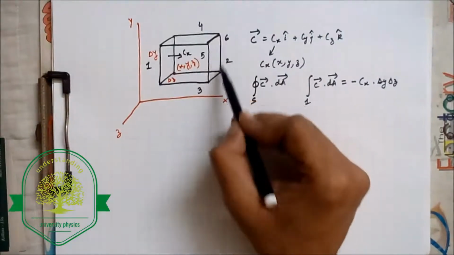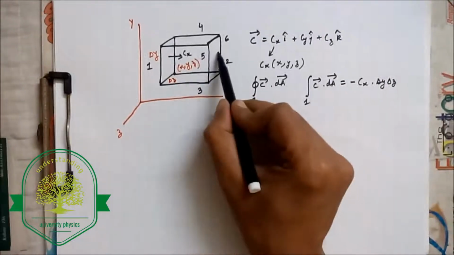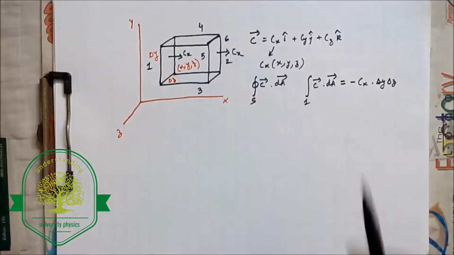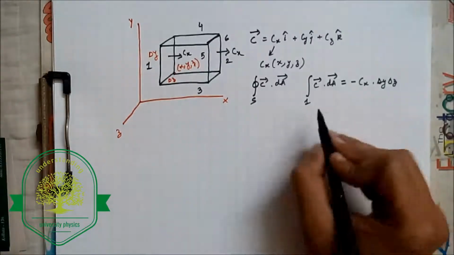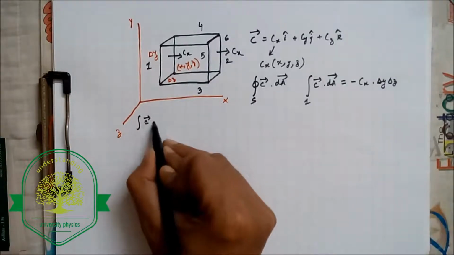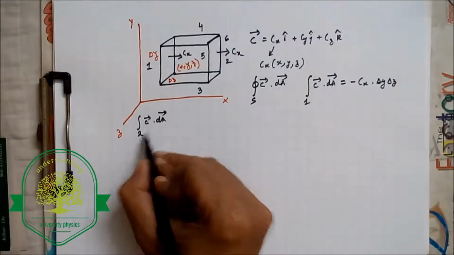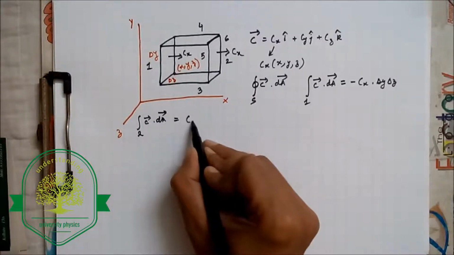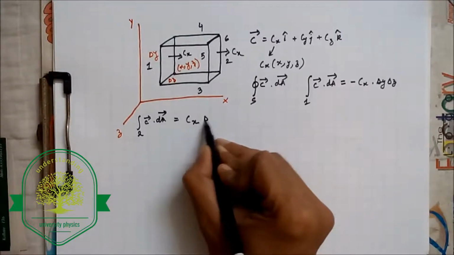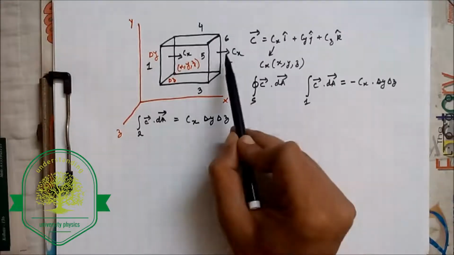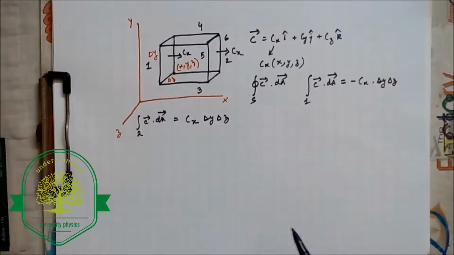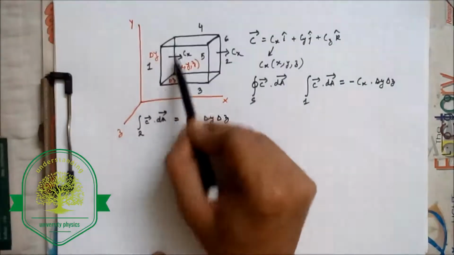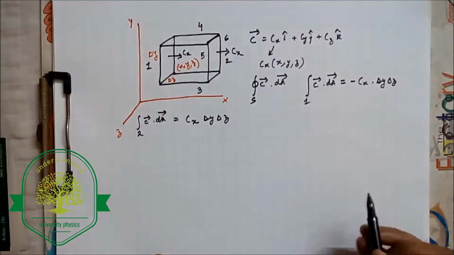Similarly, if we have to find out what the flux through this surface is, again we'll have to take the x component of C. You'll have to remember that Cx is a function of x, y and z. So C dot dA over surface 2 will be plus of Cx times delta y delta z, because in this case the small area vector will point out of the box and normal to the surface 2. So if we add up these two terms, we'll get,